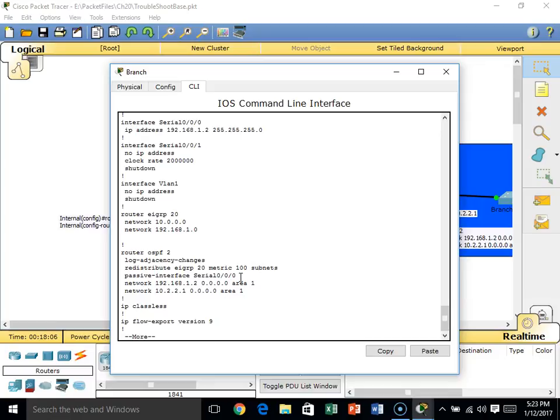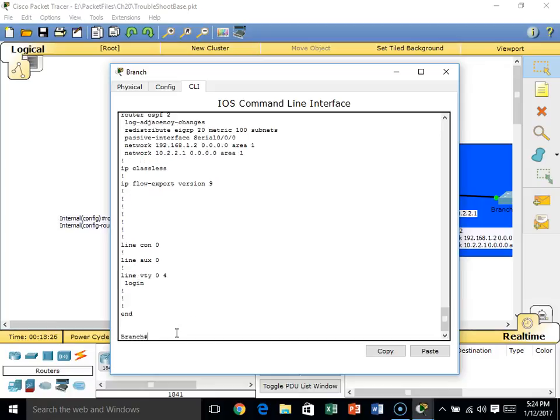You also notice while we're here, and this is why I like to do this, and then if you go through his process, we also have a passive interface. Passive interface is going to keep us from using that OSPF information. But let's do these things one at a time. First, let's get rid of the EIGRP 20. Because if we get rid of that,